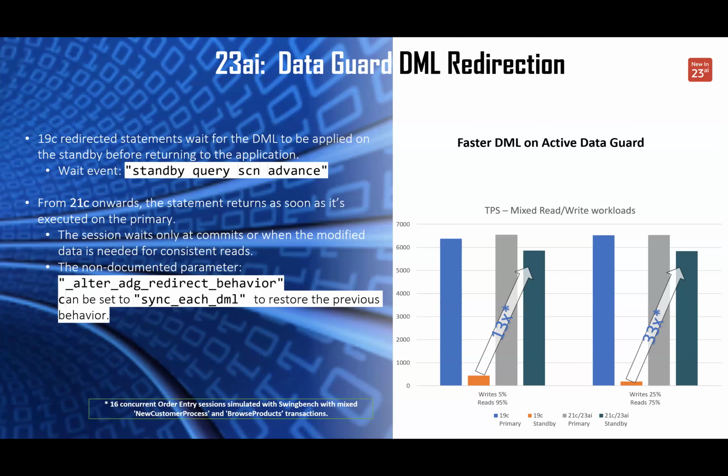Okay, so in 23ai, they took the DML redirection to a whole new level. What was in 19c was that I do an insert, that insert had to go to the primary, the redo had to be shipped to the standby, and then you can see that data. In 23ai, we went one step further, in the sense that if the data that it's updating, inserting, or deleting is not needed for consistent reads, it doesn't have to go back and wait for that reader to come back. So it went from read-mostly being 5%, now they're saying you can do up to 25%,